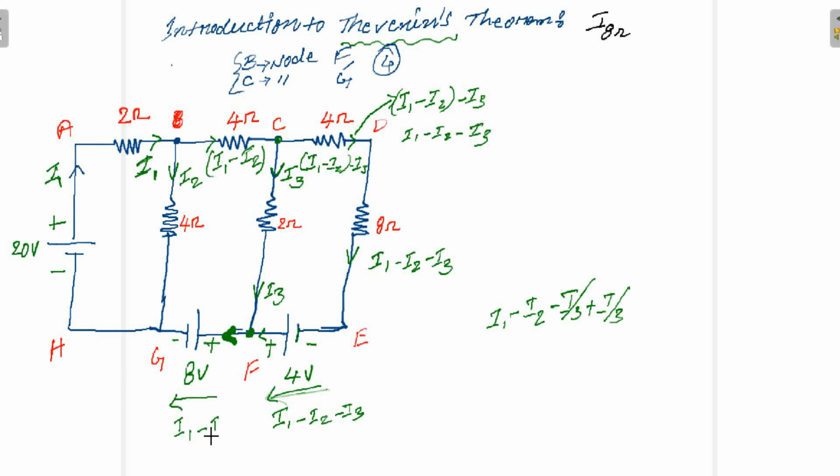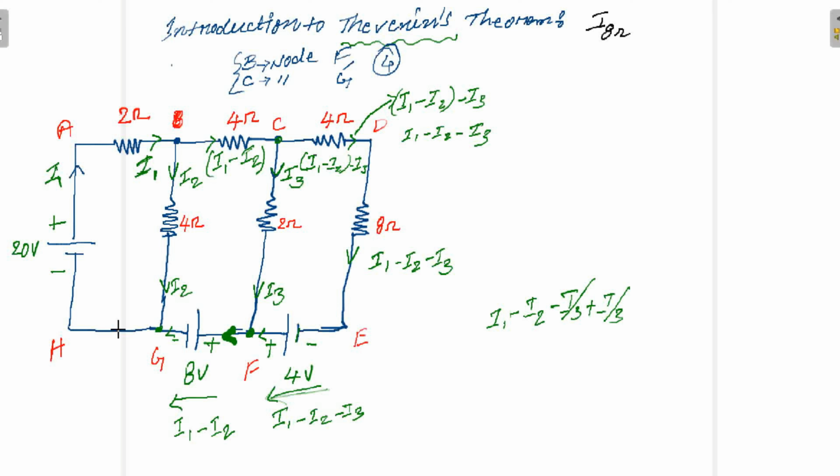What will this current be? I1 minus I2. Now tell me, in this section the current is leaving from the positive, which is nothing but discharging. Here the battery is discharging, conventionally in the current direction. But while coming to the 8 volts, the current is moving towards the positive plate, which means this 8 volts battery is charging. So to this point G, we are getting I2 current.